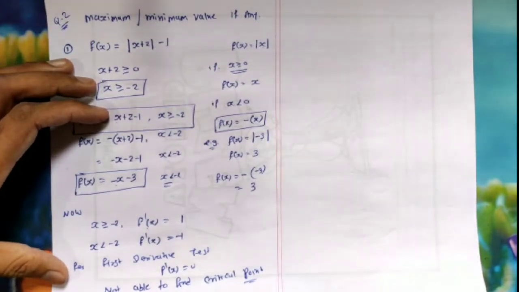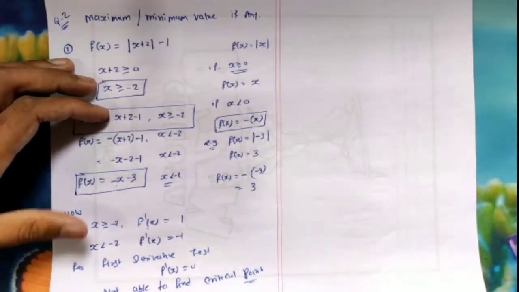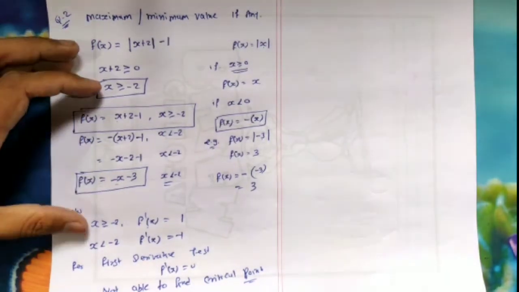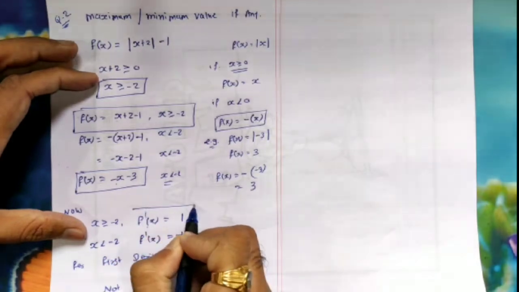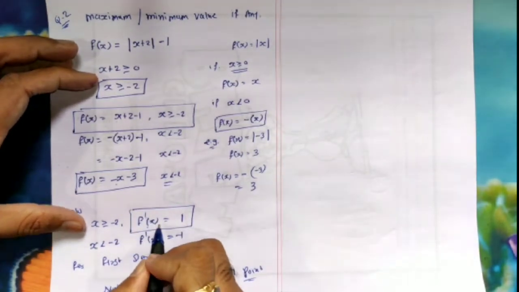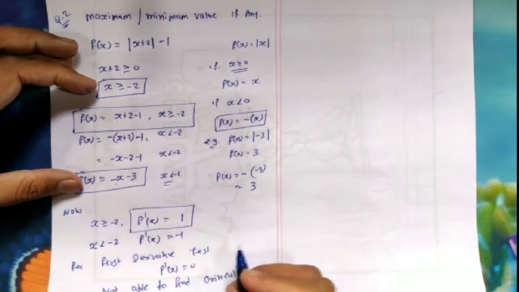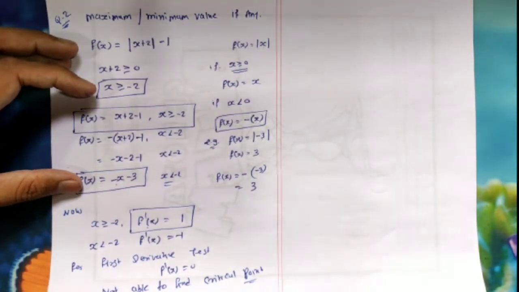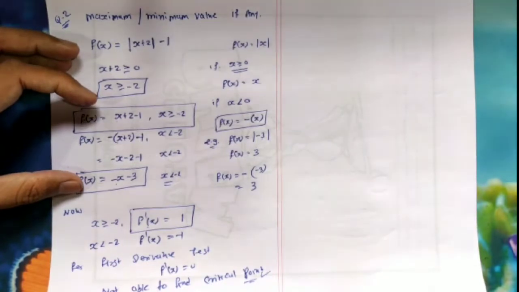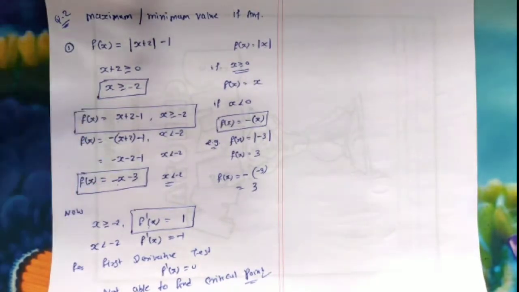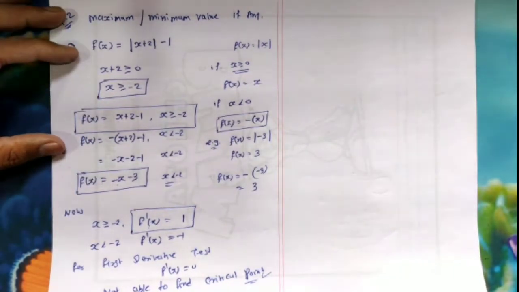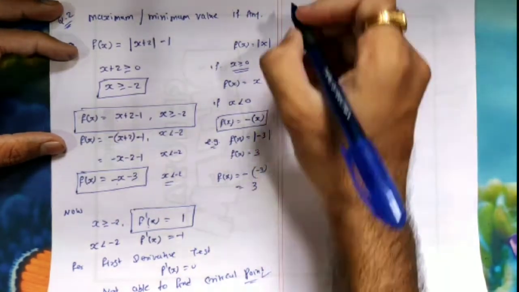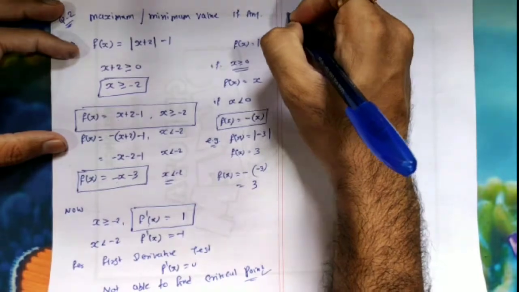If we are not able to find the critical points, how can we find the maximum and minimum value? Then what is the problem? The problem is that f dash x is a constant quantity, which is not a function of x. So we are not getting any critical point, and we are not able to find the maximum and minimum value by this first order derivative test. Whatever method we are using, we are not able to find the critical points. So for that we have to apply another approach.